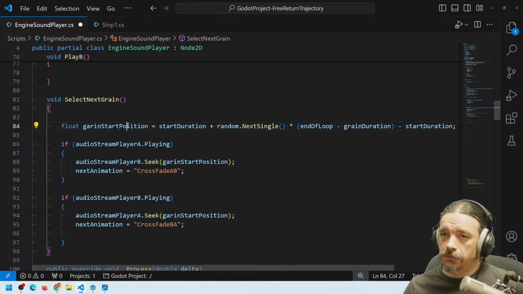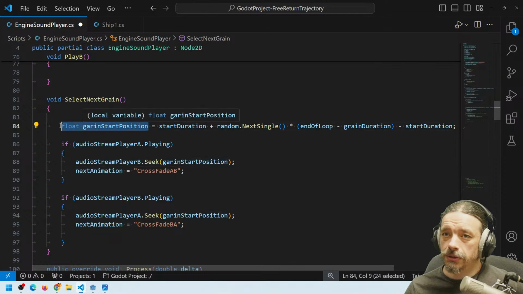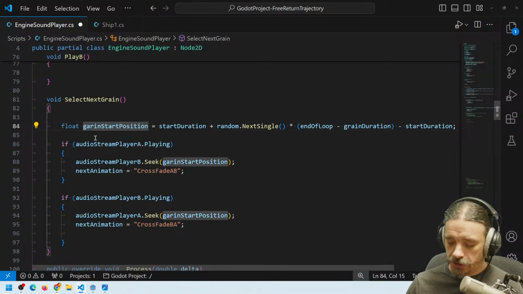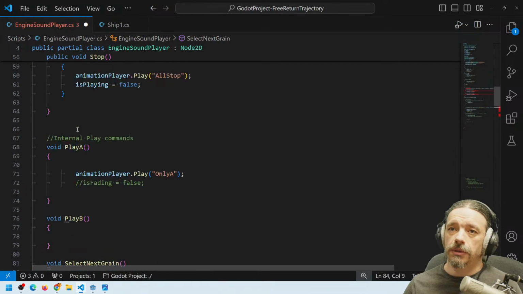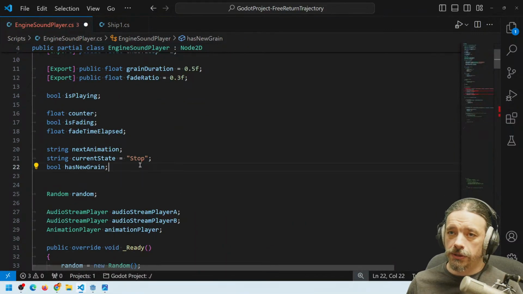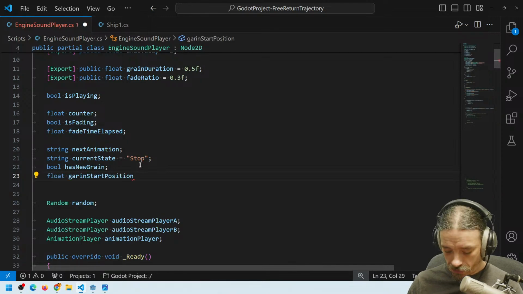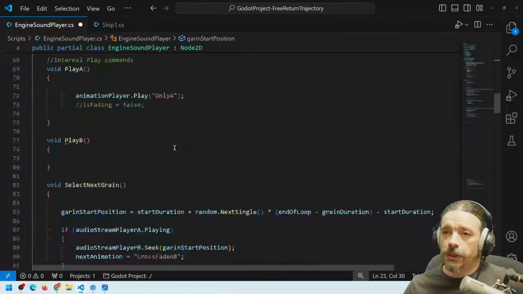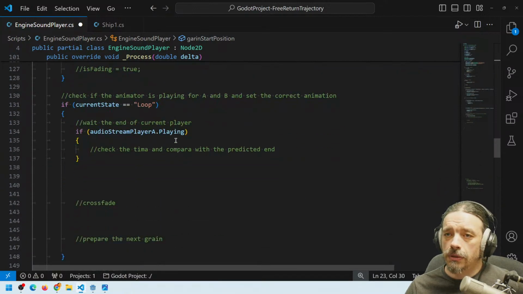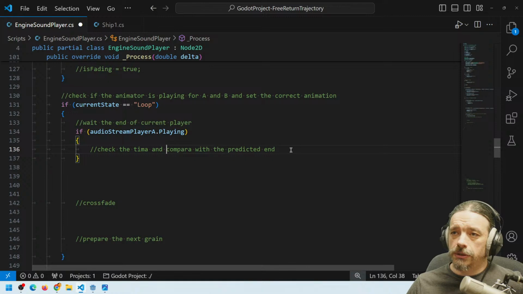But the problem is that this float is declared inside this method, so it only exists inside this method. Let's copy and declare this variable up there, so it exists for everyone